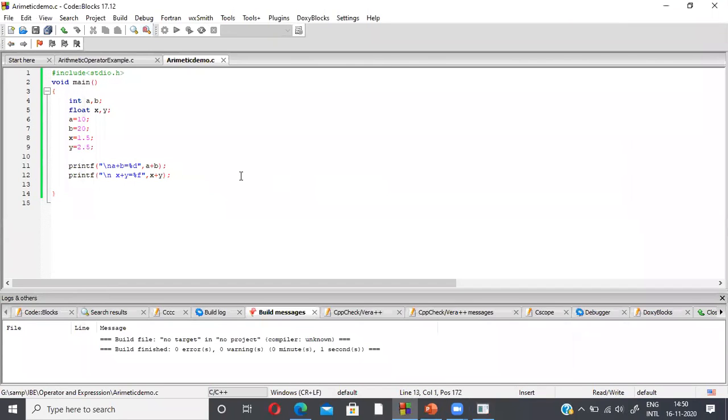Likewise, I am going to write an expression here, a minus b and x minus y. So I'm printing the value. This is the minus operation, so I have to change the expression to a subtraction expression.